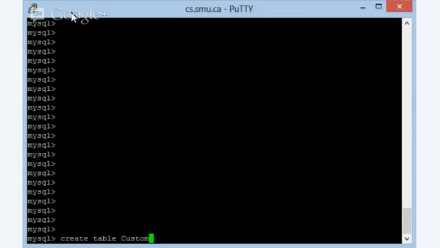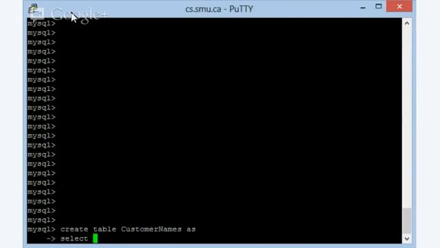So what I want to do is from the customer table, I just want to get the names part of that. So I'll just say create table customer names as, and then basically what I can do is I can just say select and then whatever attributes that I want to go into this particular table called customer names. So let me just try that. So select